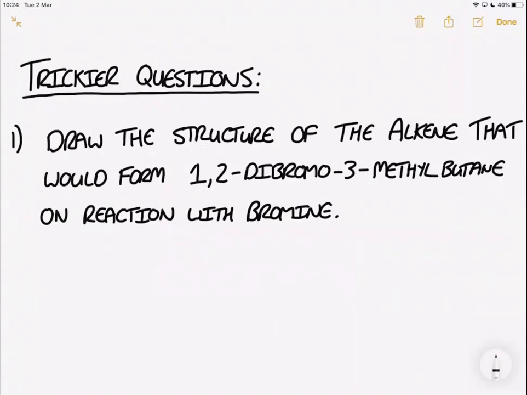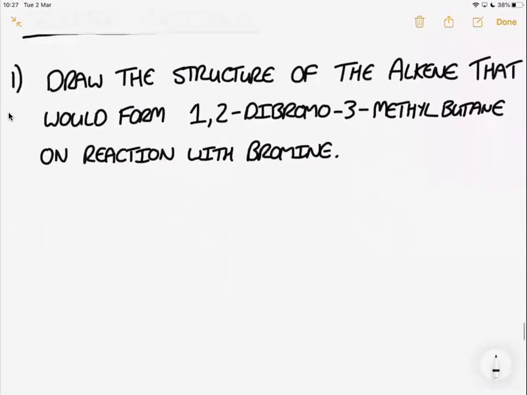Okay, so this is something that was taken from an exam question. This often happens, not just in this topic, but a lot of the time, exam questions that make you work in reverse can be difficult. And in this case, what we've got is the information about a product. So this product is formed by a reaction of an alkene with bromine. So in order to work this out, we're going to have to basically go in reverse. So let's draw